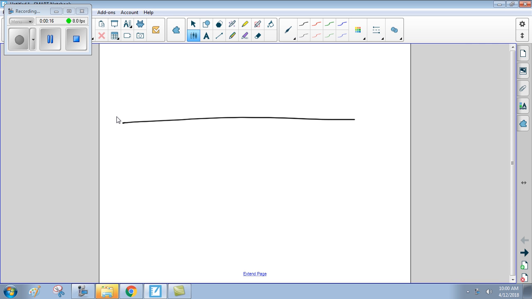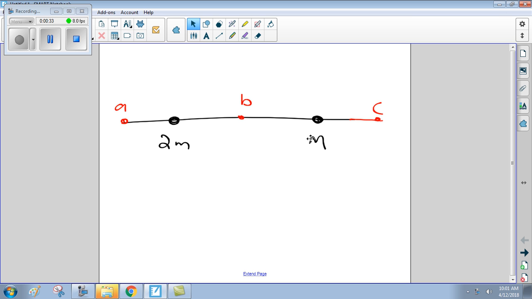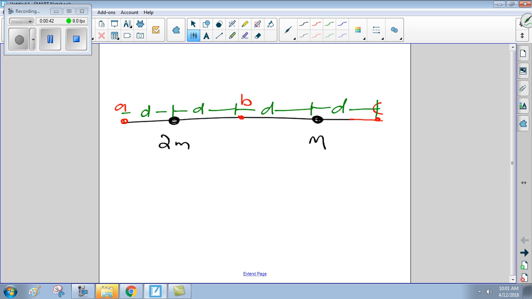So we've got this number line. There's a particle here of mass 2m, a particle of mass over here, mass m, and then the following 3 points are labeled A, B, and C, such that all of these distances are the same. So this is a distance of D, this is a distance of D, this is a distance of D, and this is a distance of D. Yes? Okay? So what we're going to do is we're going to take this third particle,